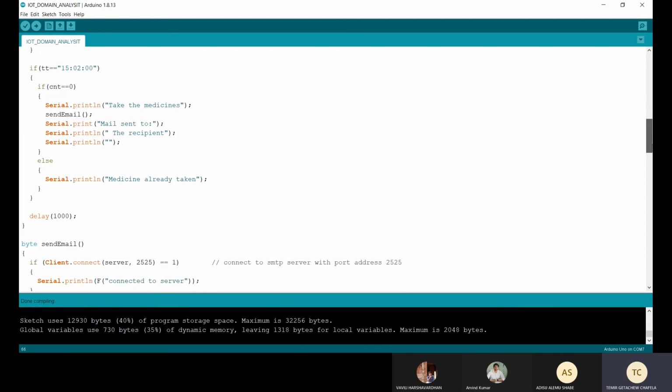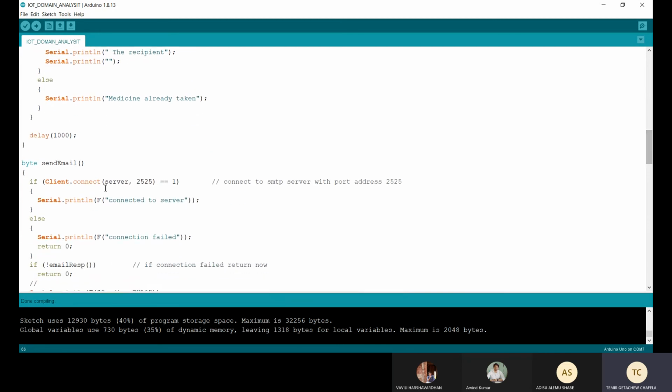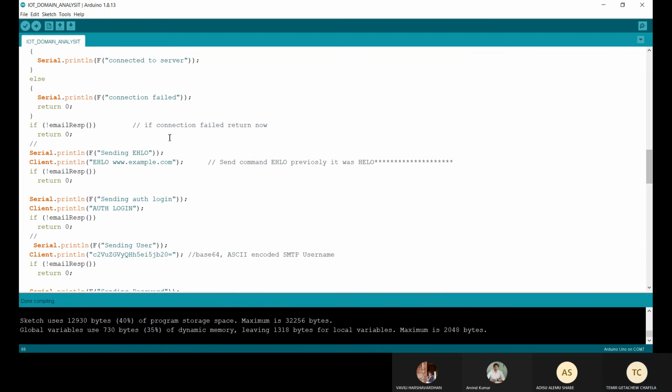So here, as we can see, the client.connect function takes the SMTP server. SMTP, as I mentioned earlier, is simple mail transfer protocol. To connect to the SMTP server, it gives one if the connection is established successfully, and we acknowledge the server with the EHLO command. It will be seen here.